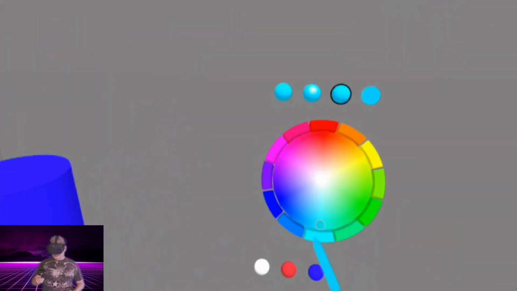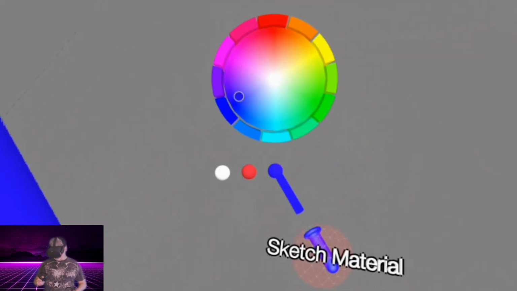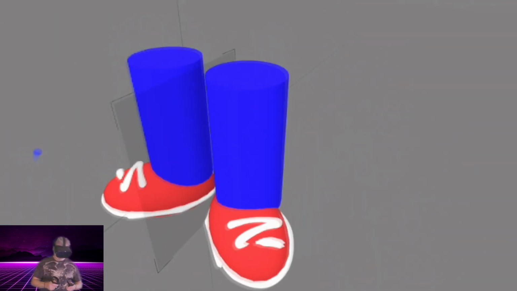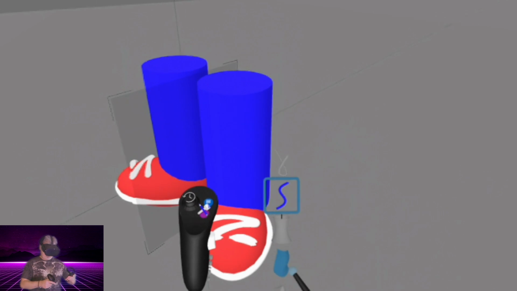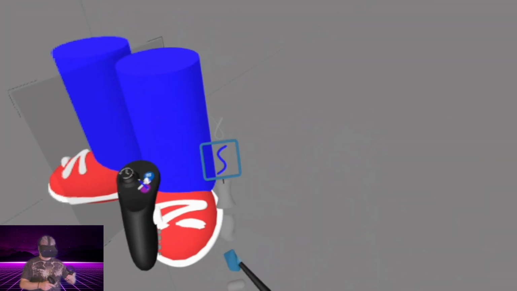Okay. Now notice it remembers the colors that you selected down below the color palette. Now we're going to use the volume tool to sculpt the top area of the pants. So we'll just pick a point and start sculpting. Just going to kind of trace around the edges here of the cylinder. Pick either one of them. It'll be reflected on both sides. And we'll just stretch it out and kind of make it look like a pair of pants.